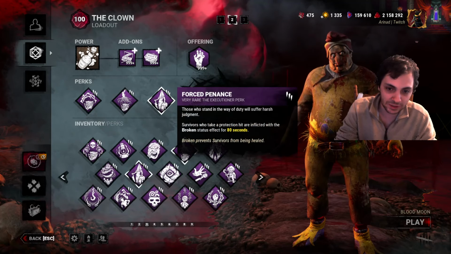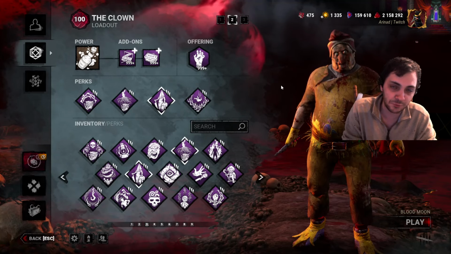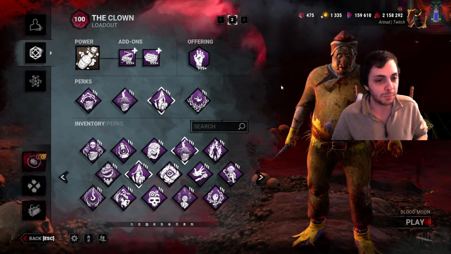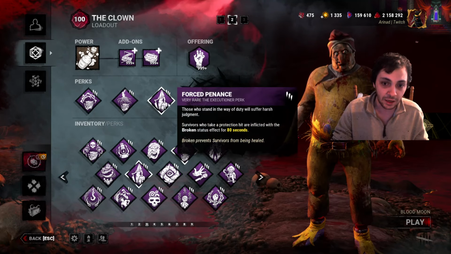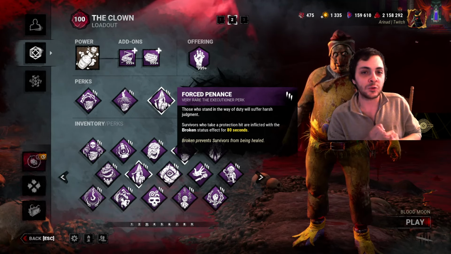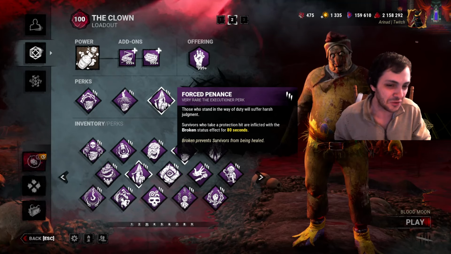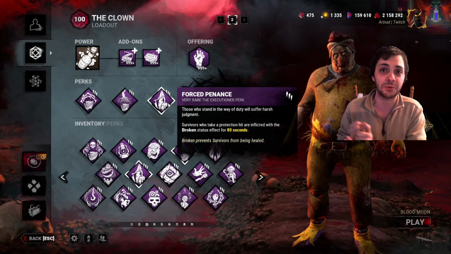Because being broken has zero counterplay. The closest you will get to counterplay for Forced Penance is if a survivor brings Vigil, in which case they will reduce the duration, but there is no manner in which a survivor is capable of healing while they are broken. So given that they are broken for 80 seconds, which is almost the duration of a standard conventional generator, right? 10 seconds short of that,